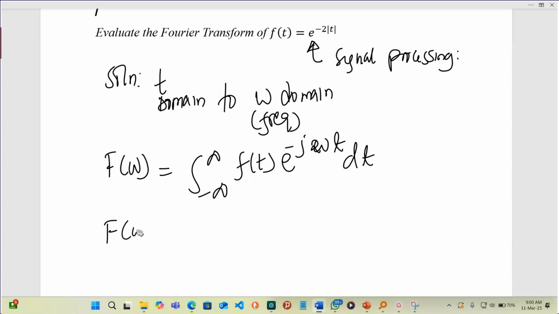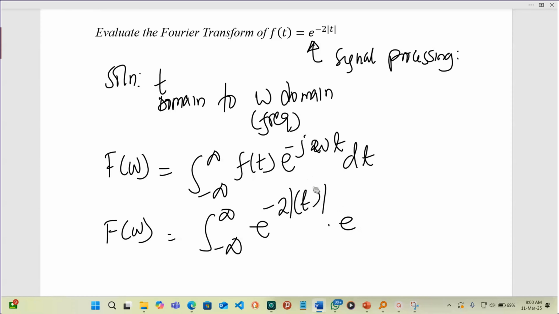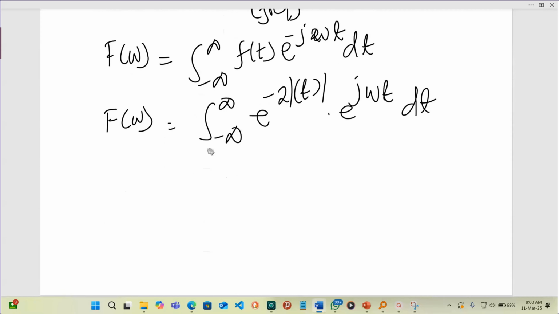So F of omega for this function is going to be integrating from negative infinity to positive infinity of exponential negative 2 times modulus of t. Remember, this is modulus. And then we are multiplying it by exponential negative j omega t with respect to t. Since modulus of t behaves differently as you approach t equal to 0,